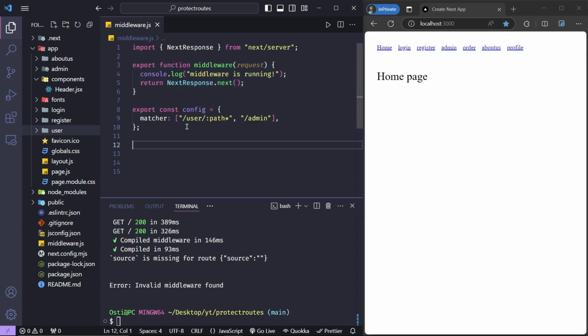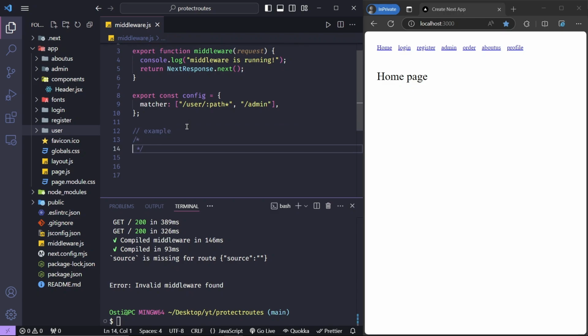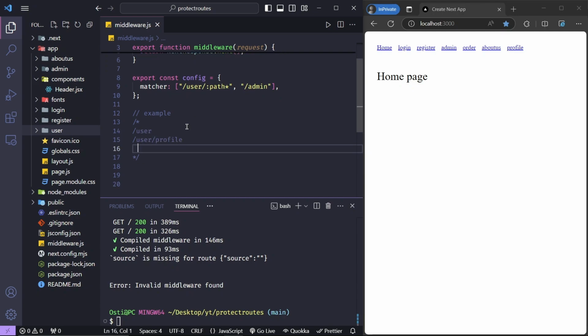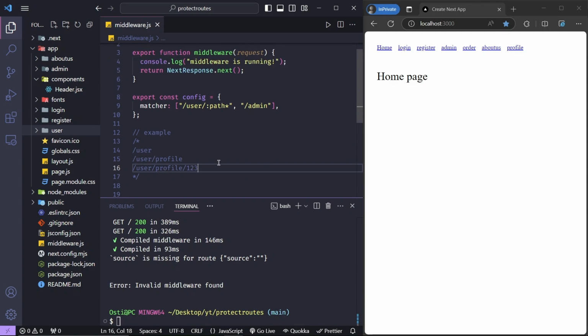For example, /user, /user/profile, /user/profile/123. If the route starts with /user, for all of these routes, the middleware function will execute. This way, we don't have to specify the routes in the matcher. If we later create another route,